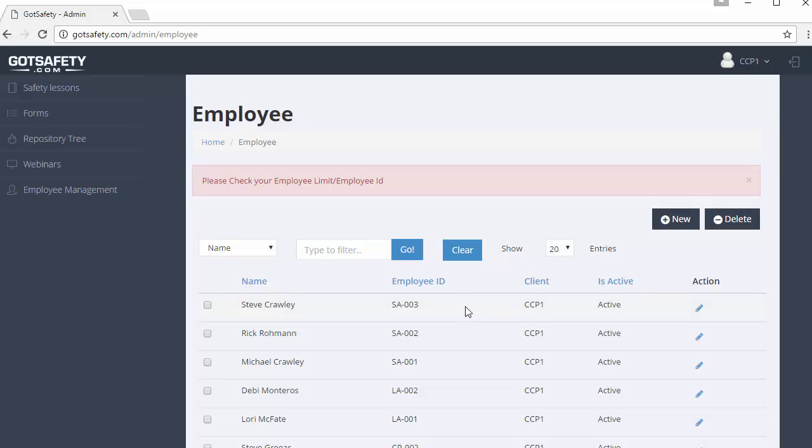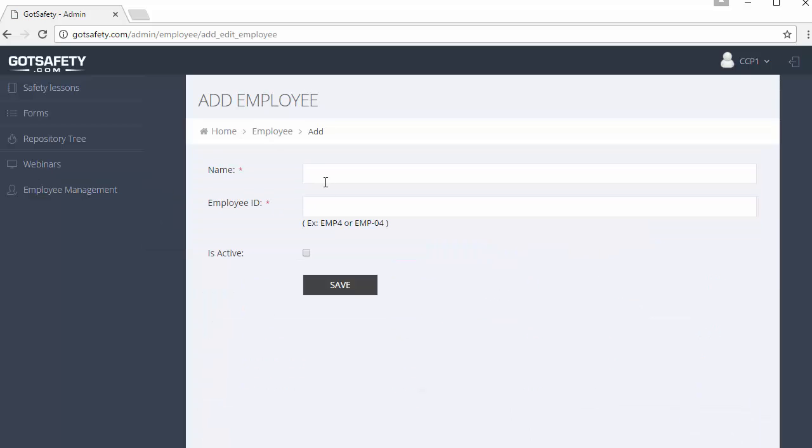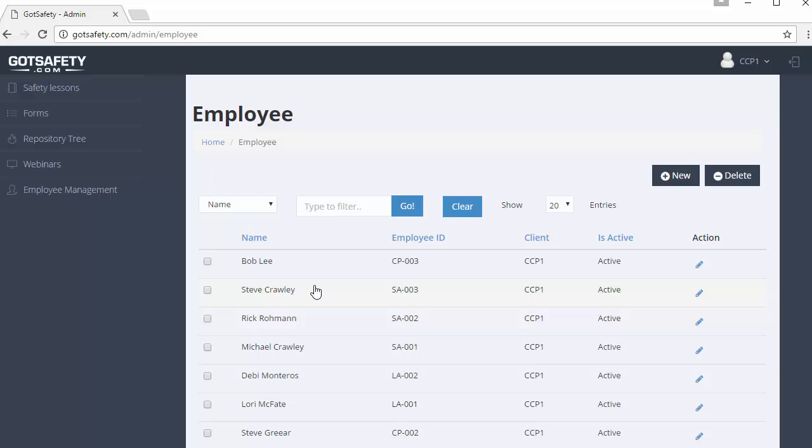To upload individual employees in the future, there are 2 methods. The first is to hover over the Employee Management tab and select Add Employee. Here you will type the employee's name. Add their ID number, and be sure to select the Active button and the employee will be added. If you have additional employees to add at this time, you can click the New button as a shortcut and